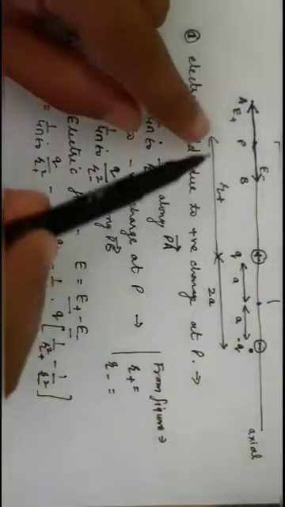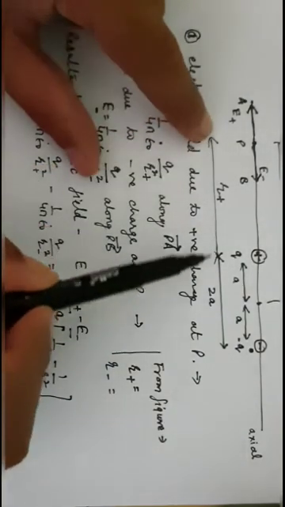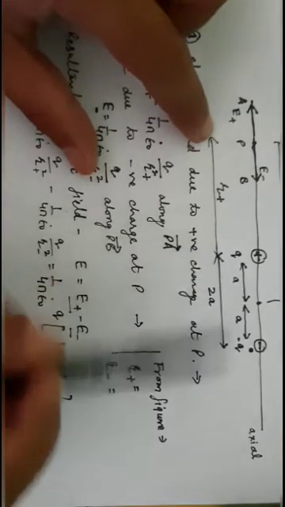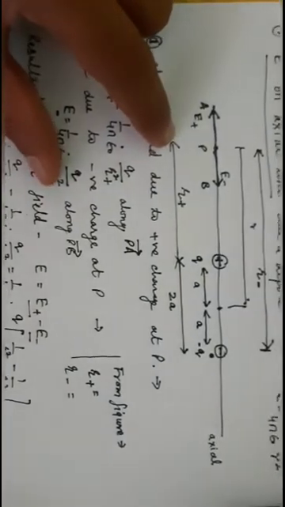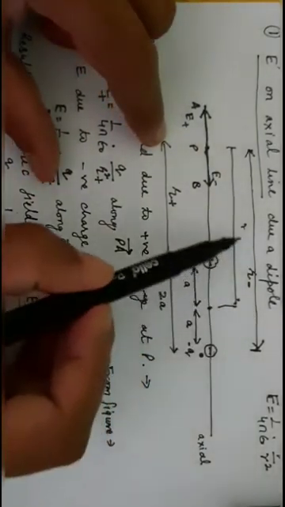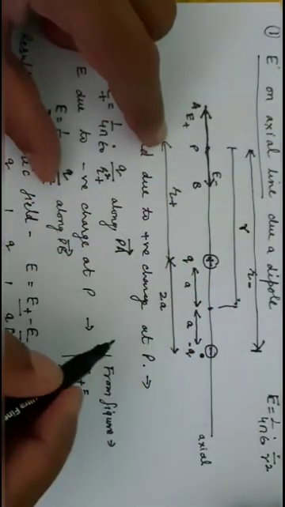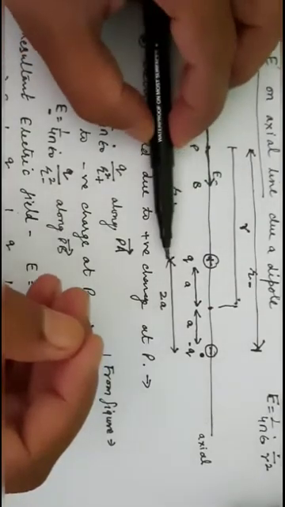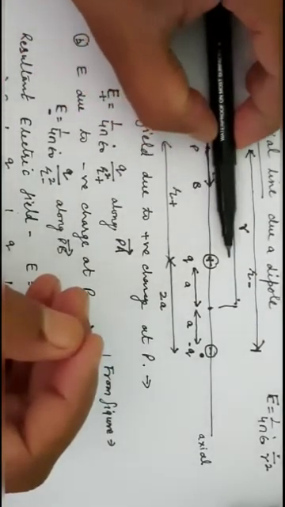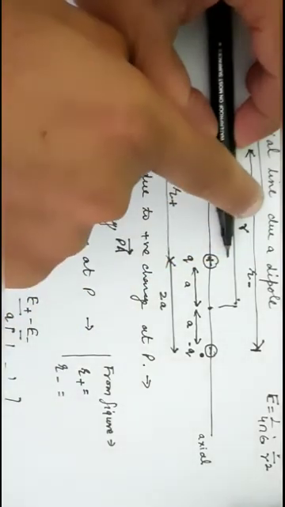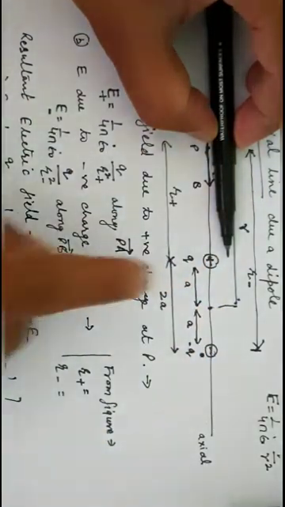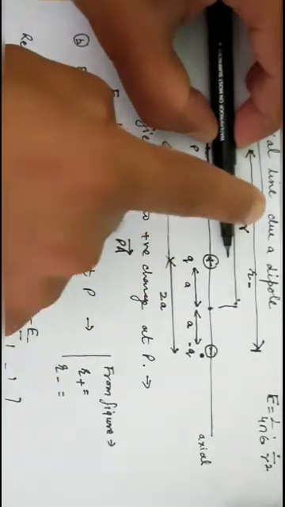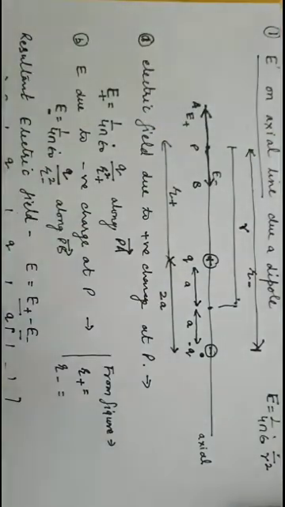From the figure, R positive is the distance from this point P to the positive charge. If you write it in terms of this R, if you see the diagram, this is our small r. This distance from here to here is R positive. It is this R minus this factor, and this distance is A. So R positive becomes R minus A.